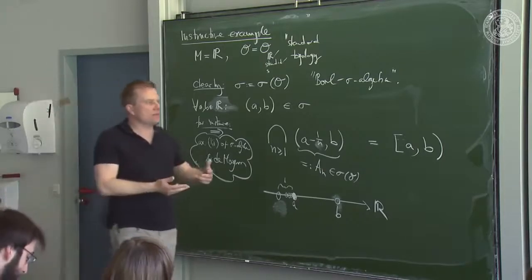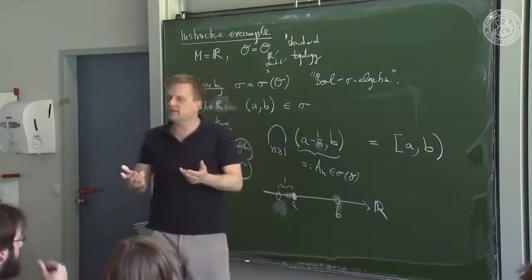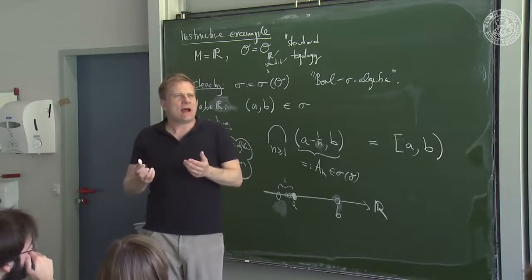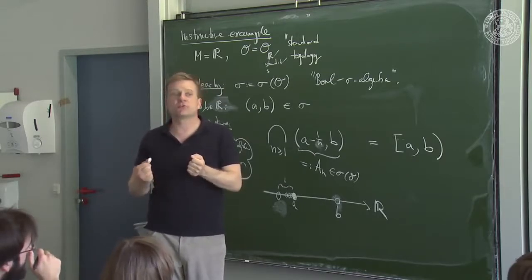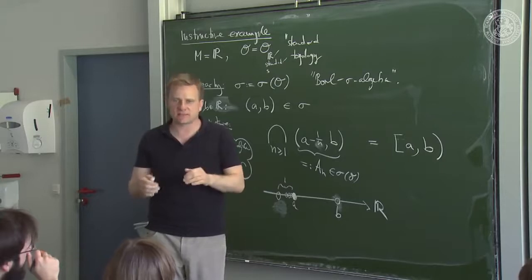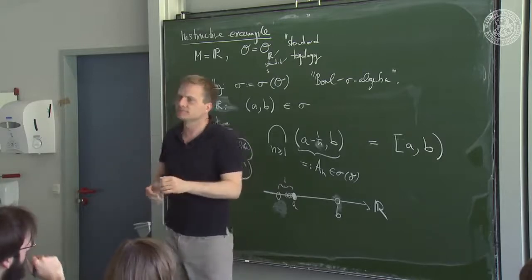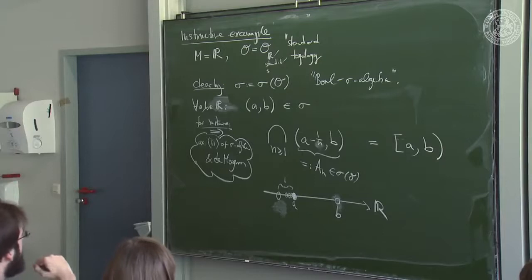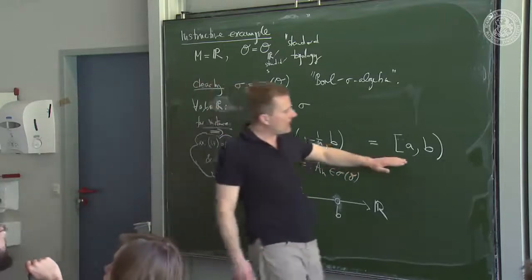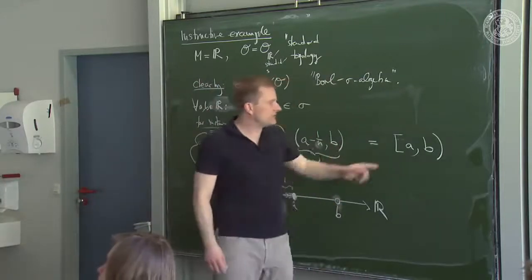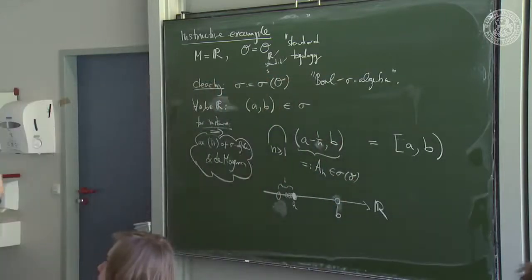I'm just mentioning this in order to warn against going home and asking, what is a measurable set? Don't ask this. You should ask, what is a measurable space? And the elements are called measurable sets. Okay. Good. And that's a very important example, these half-closed guys here, because obviously you can take many such half-closed